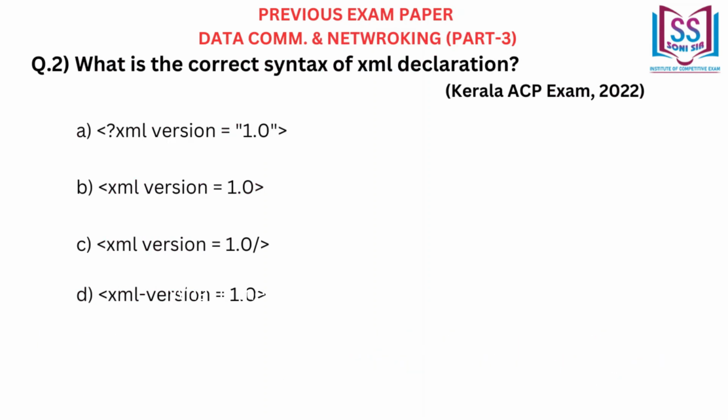What is the correct syntax of XML declaration? A. <?xml version="1.0"?> B. <?xml version="1.0"?> C. <xml version="1.0" /> D. <?xml-version="1.0"?> Correct answer A. <?xml version="1.0"?>